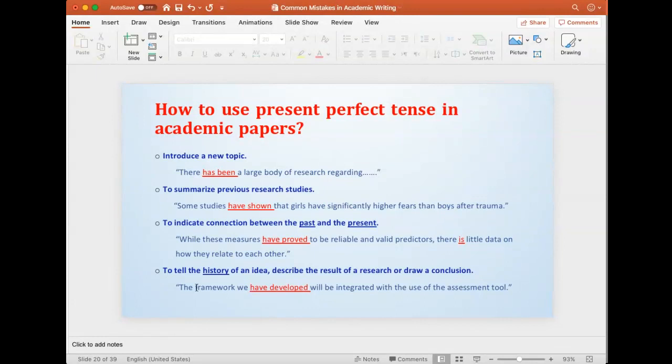And the last one here, the framework we have developed. Okay, so this is a past thing that we did, will be integrated in the future. Okay, so this is moving from the past to the future with the use of the assessment tool. Okay,